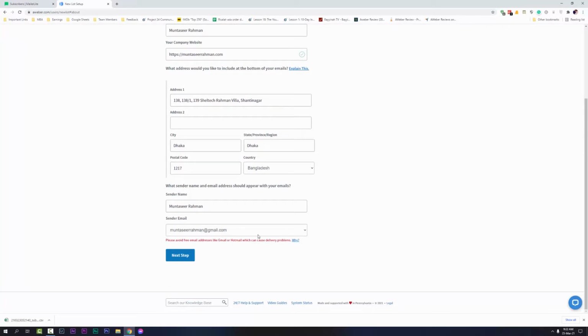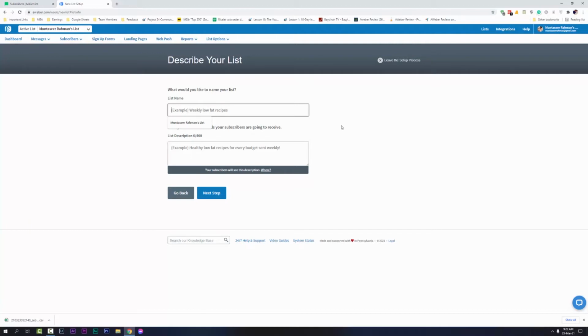It is recommended not to use Gmail. You should use emails that are hosted on your site, like my website is muntasirrahman.com, so I should use an email like admin@muntasirrahman.com, something like that. So after that, click next step, and now put the list name. So for now I will just put MMBP, and you can keep some descriptions.